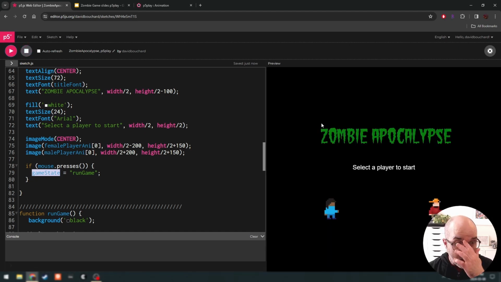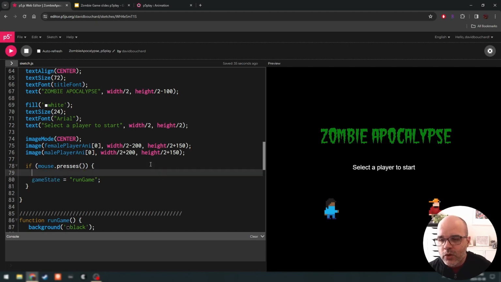Now, in this case, what we actually want is to know if we clicked on a player or not, and then that's going to become the animation for our player sprite object moving forward. So what I'm going to do for this game, just to keep it simple, we're going to cheat a little bit. We'll say if we click on the left side of the screen, this is going to become our player, and if we click on the right side, we're going to take the male player object. And 99% of the time, if you tell your player to select a player to start, they're going to go with their mouse and actually click on one of the icons. So just to keep it simple, we're just going to say if